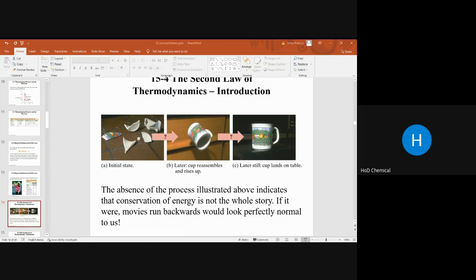Now, the statistical interpretation of entropy and the second law. A simple example: toss four coins. The macrostate describes how many heads and tails there are. The microstates are the different ways of achieving the macrostate. Now look at the diagram. The macrostates are four tails, three tails and one head, two heads and two tails, one tail and three heads, and four heads. This is the number of macrostates, and this is the number of microstates. This is the simple concept.